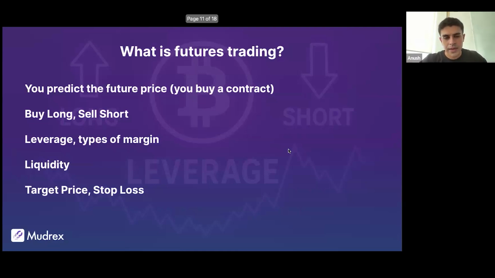Okay, automatically. Now, a stop loss is the opposite. It's basically like your safety net. Think of it like this. It's where you tell the system basically, if the trade goes against me, get me out before I lose too much. So if your trade starts to drop to, let's say, 98K, and that's your stop loss, you exit automatically and basically will prevent any further losses. Okay. So using both of these tools, remember, is essential in futures trading. There's no compromises there. Okay, cool.